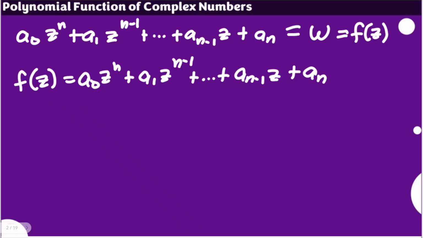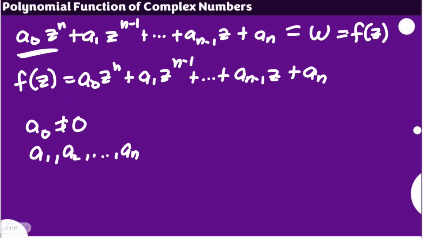As we talk about this as a polynomial equation, a sub 0 is not equal to 0, so this would stay as it is. And we know that a sub 1, a sub 2, until a sub n are constants, elements of the real numbers. They could be zeros except for the first leading coefficient. And n here is a positive integer, so that it follows the concept of a polynomial function. If this is in real numbers, all of these are x's. This time, because we talk about complex numbers, this is equivalent to z.